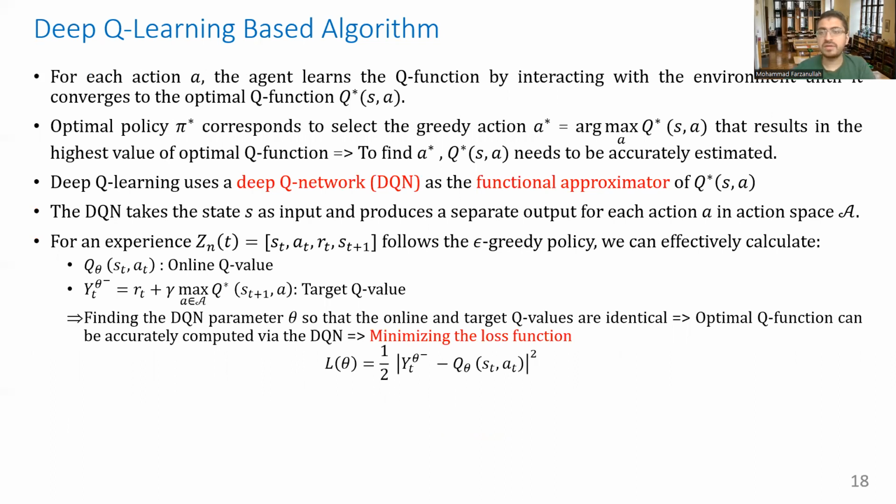So in Q learning, if you can accurately estimate the Q values, the optimal policy would be to take the actions in each state that maximize the Q value. However, due to practical reasons, deep Q learning is used, which uses a neural network as a function approximator for the Q values. The deep Q network takes the state as the input and outputs the Q value of each action.